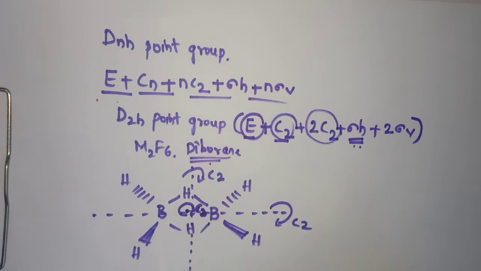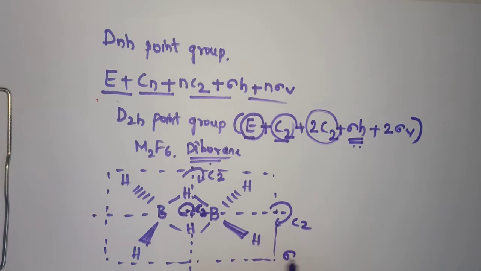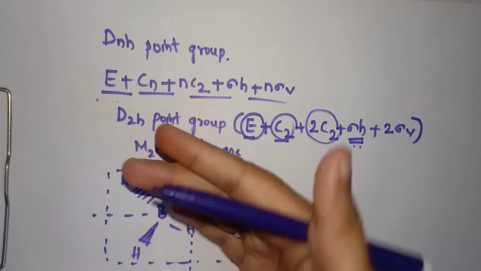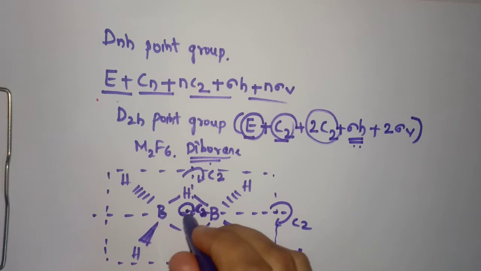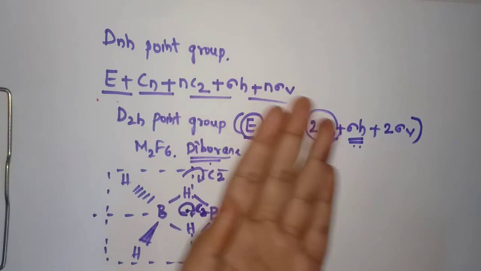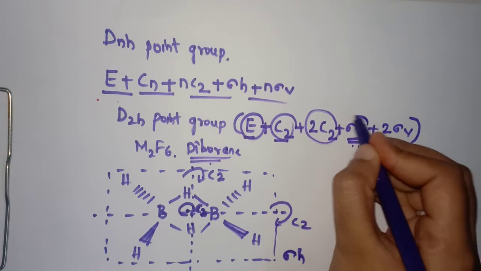See, if I pass the principal axis like this and this is perpendicular, it will cut the molecule like this. That means here is a plane. Like this, it will cut the whole molecule. That means these two hydrogens will be the mirror images of these two hydrogens. This is sigma h. Here I am passing the principal axis and cutting the molecule like this. There are two equal halves. The back hydrogen atoms and the front hydrogen atoms will form the mirror images of each other. Now we have found out this sigma h also.